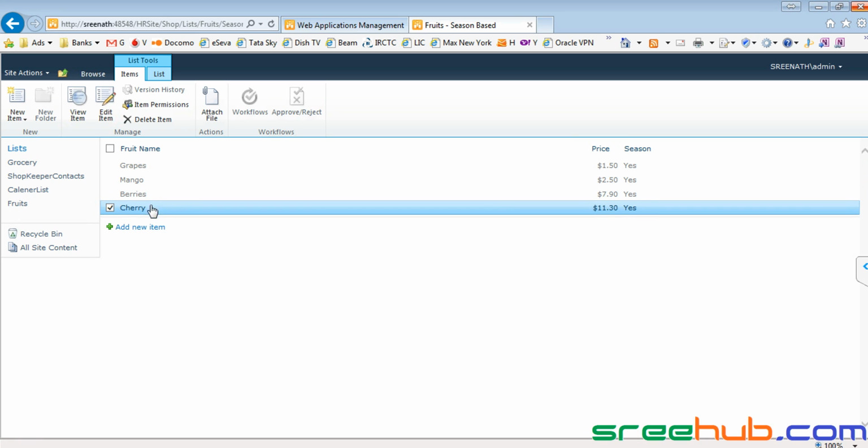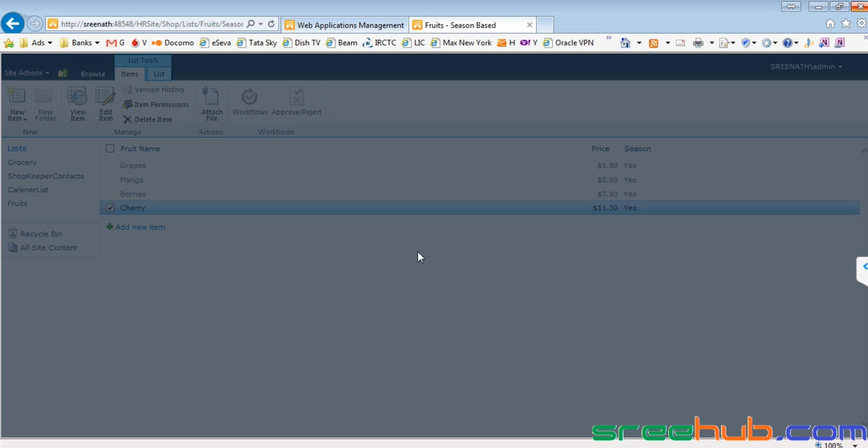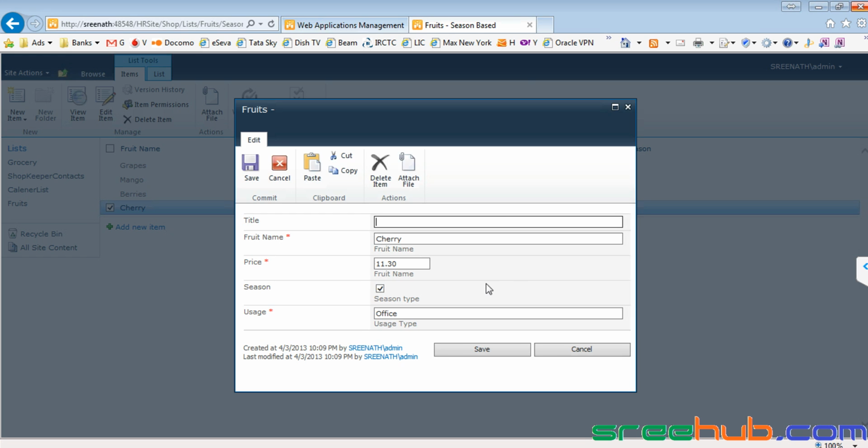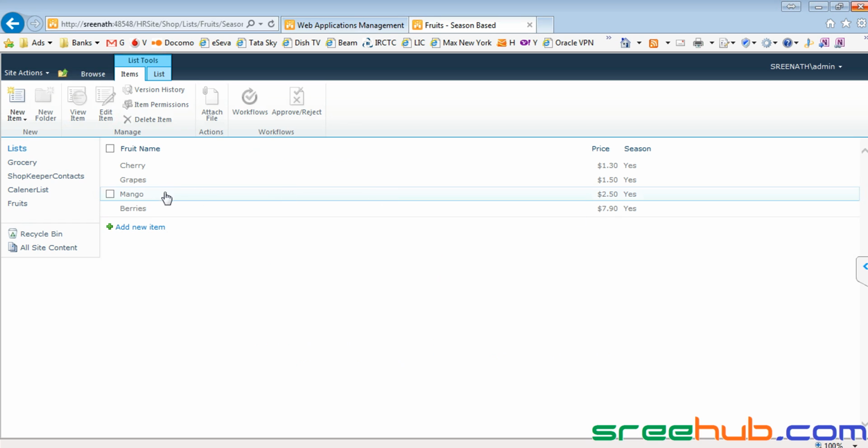Now let us go and edit this cherry, edit item, and let me edit it with 1.30 and save it. Can you see it automatically got sorted to price based? But as this is season yes, we can see it here. So these are nothing but views.